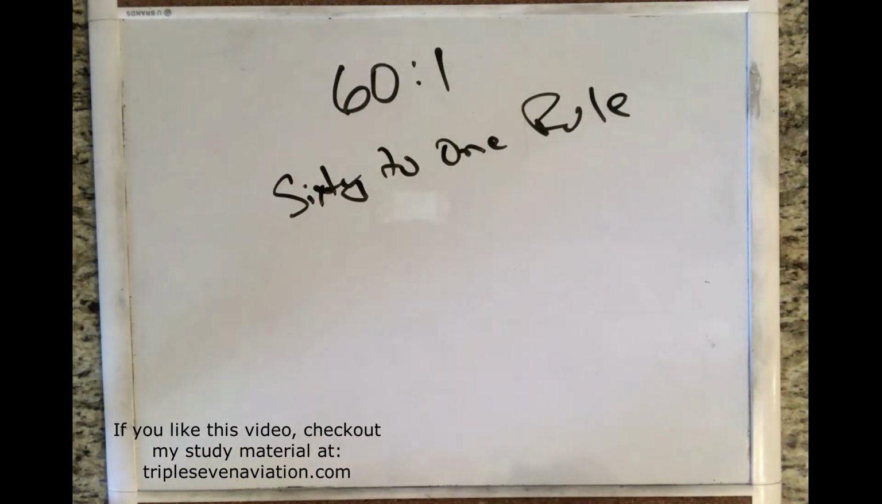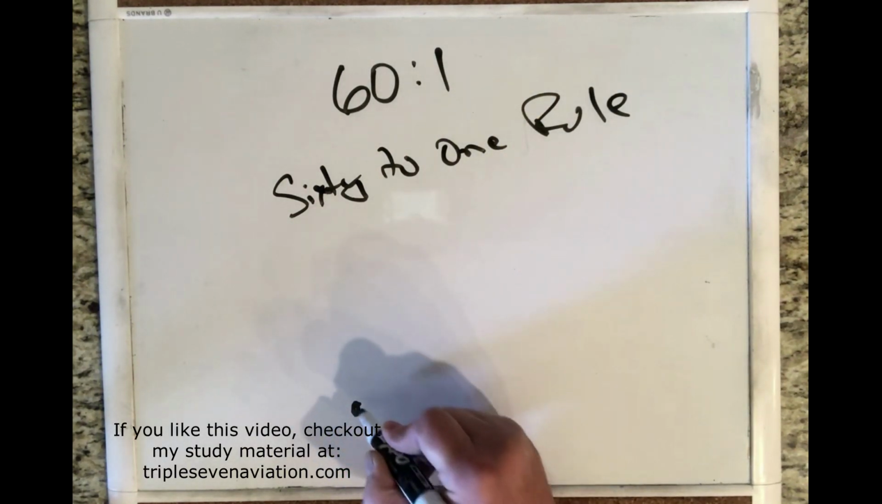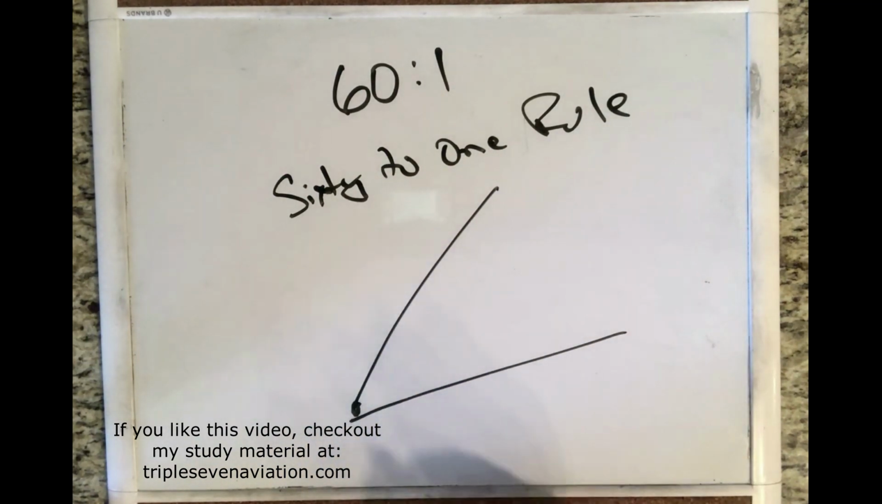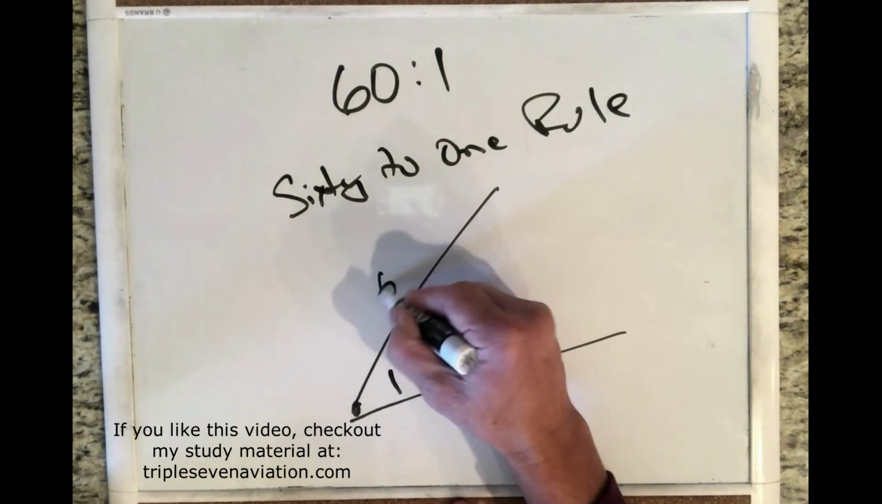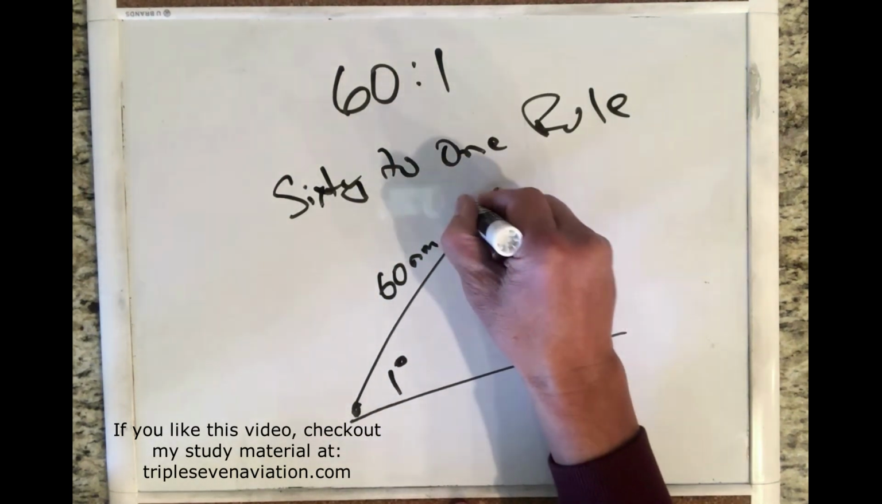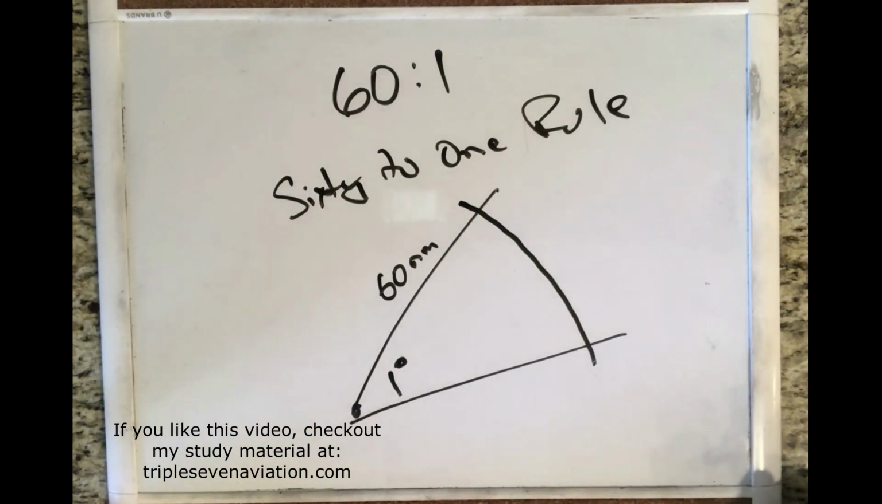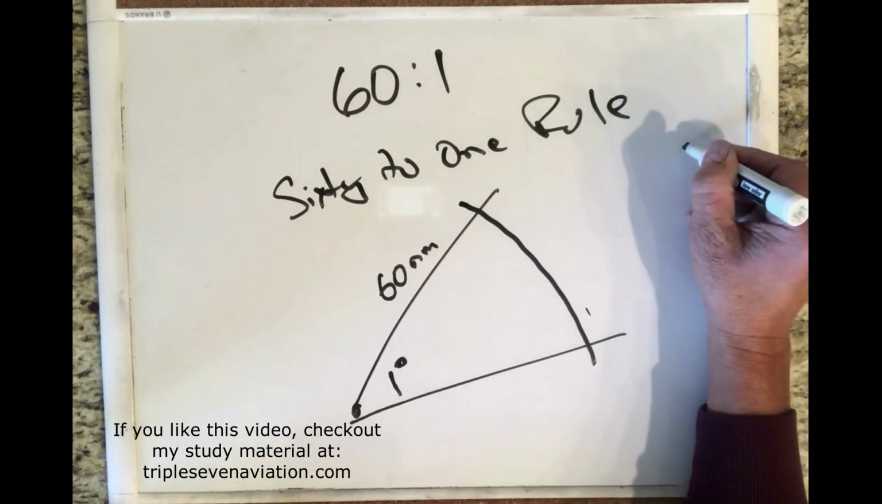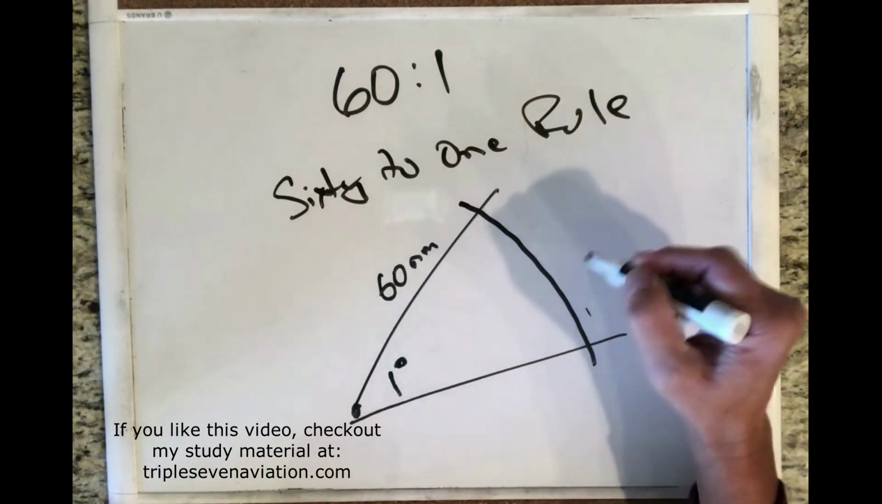60 to 1 rule. And all it says is if I have a VOR or VORTAC or some other station with radials coming out of them, of course I'm going to draw this a little bit exaggerated. If I have 1 degree of radial, then at 60 nautical miles I have one nautical mile of arc length. And I say that because it's actually the segment of an arc here. In fact, it's a 1 degree